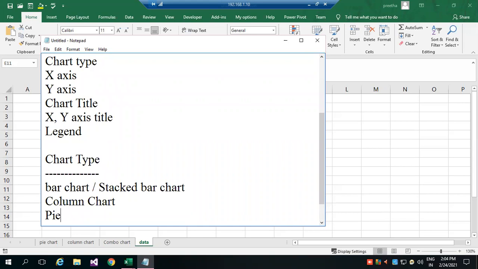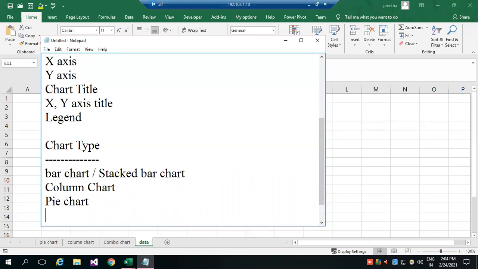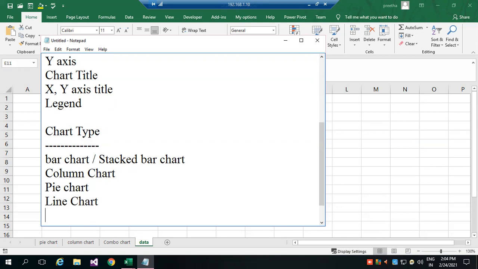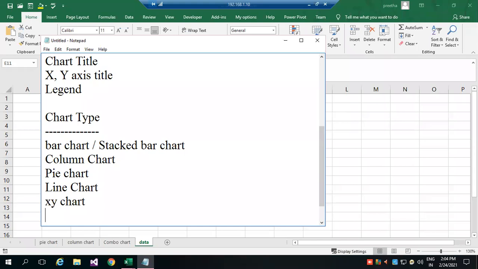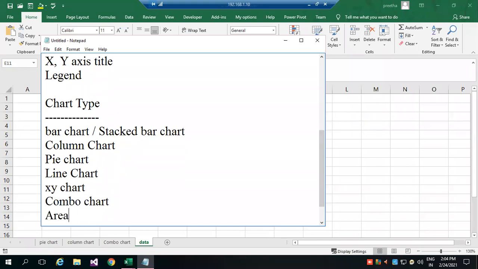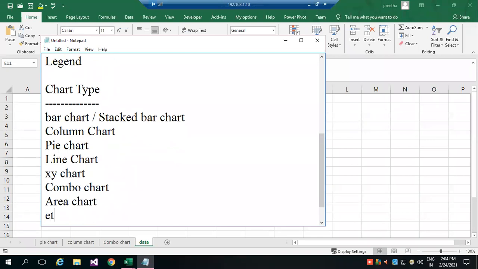Then you have pie chart, then line chart, XY chart, then combo chart, area chart. Okay, so like this, we have various types of charts.